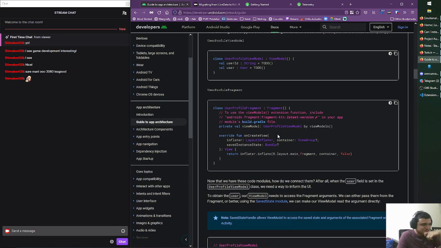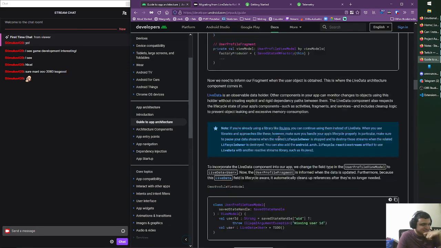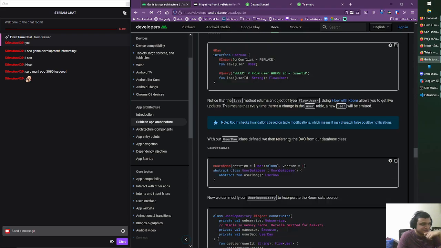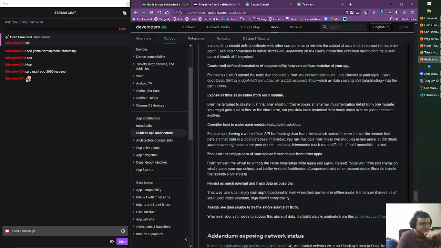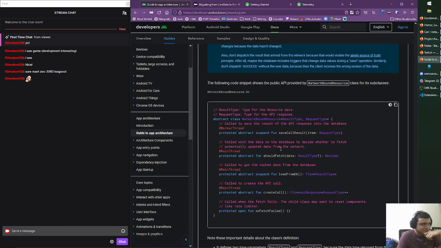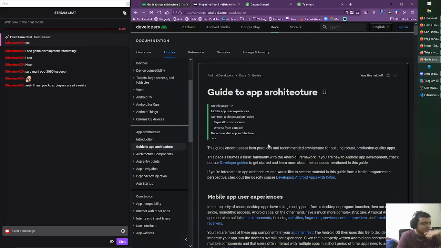Oh man. Okay. Oh, activities, fragments. Oh yeah, shit, I forgot most of this stuff. God, it's been so long. It's been months. It's so easy to forget stuff with Android code because it's kind of